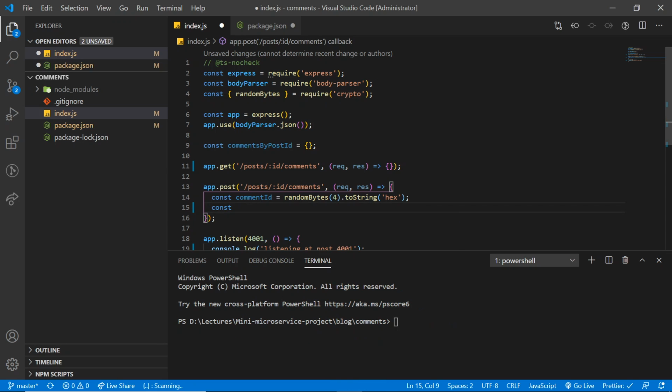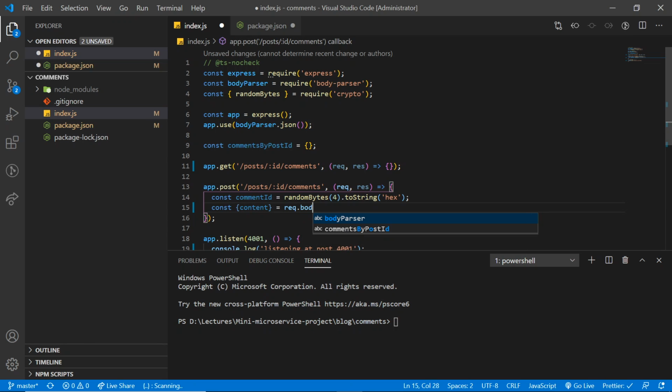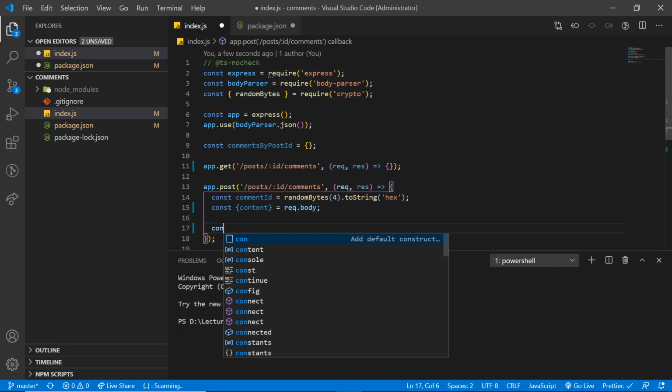So for that, create a new variable called content. Next, we are going to check to see if we have already got some array inside there for the given post ID. So I'll say const comments is going to be comments by post ID and we will look up the post ID that was provided inside the URL. So the code is